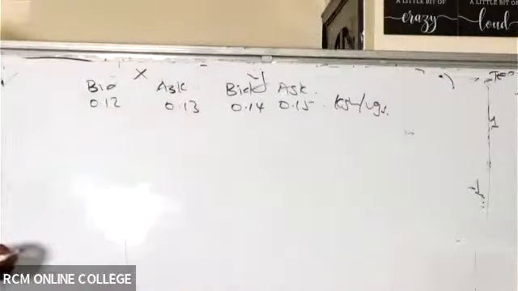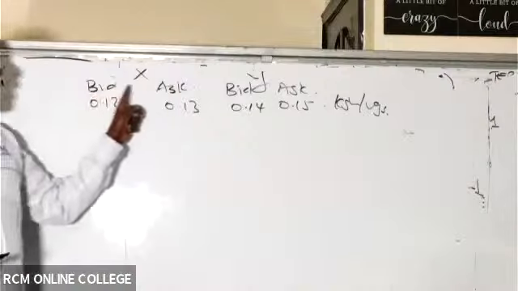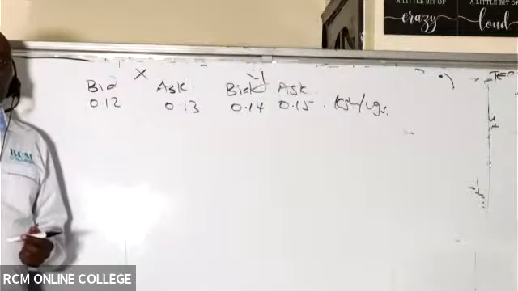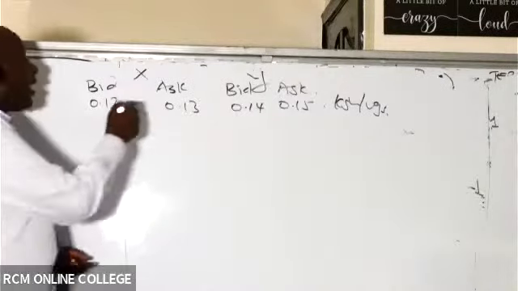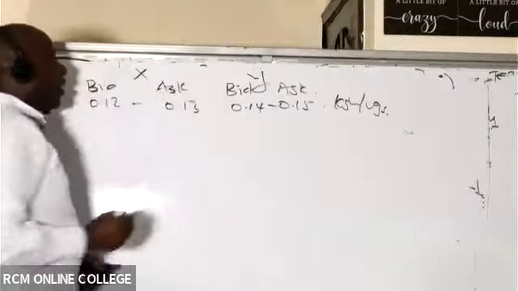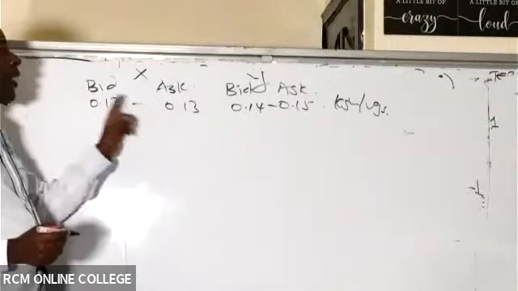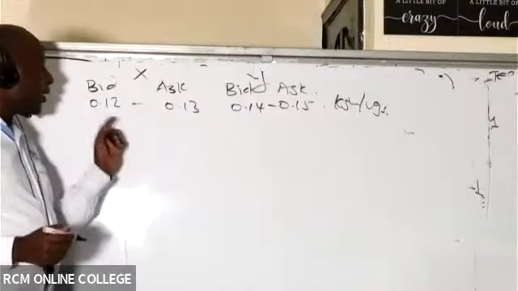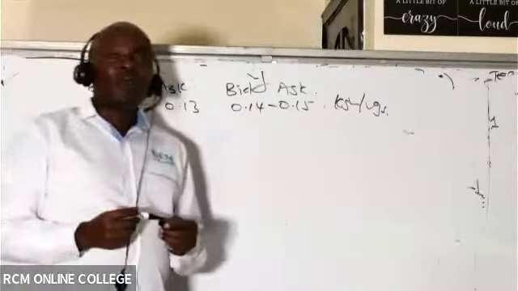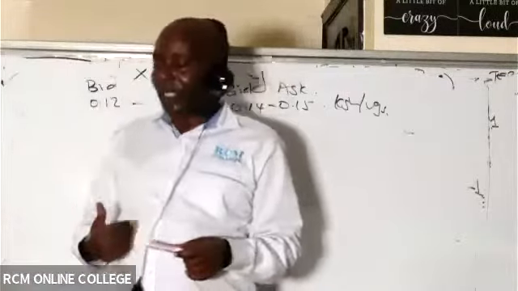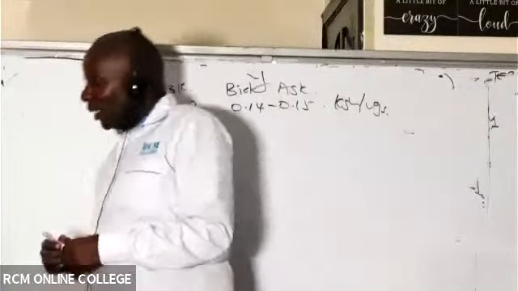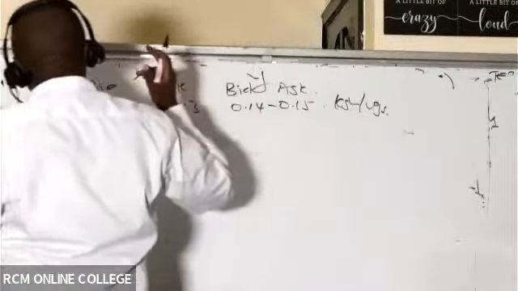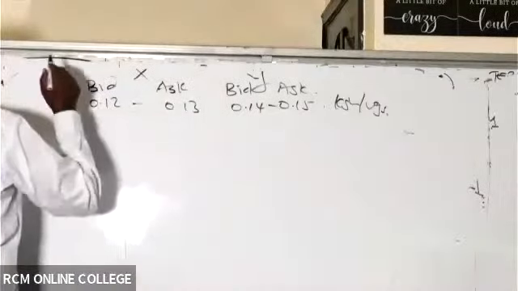Now, ladies and gentlemen, it becomes very hard for you to work with this language of bid and ask. It's a very technical language. The very best way, tingiza mkono. I mean, assume hapa kuna dash na hapa kuna dash. So for example, hapa kama ni Kenya shilling per Uganda shilling, which one in this case will be the bank's buying rate? In X, it is 0.12. Yes, because you can see here, Kenya shilling is on the left. Whenever the bank wants to bid,